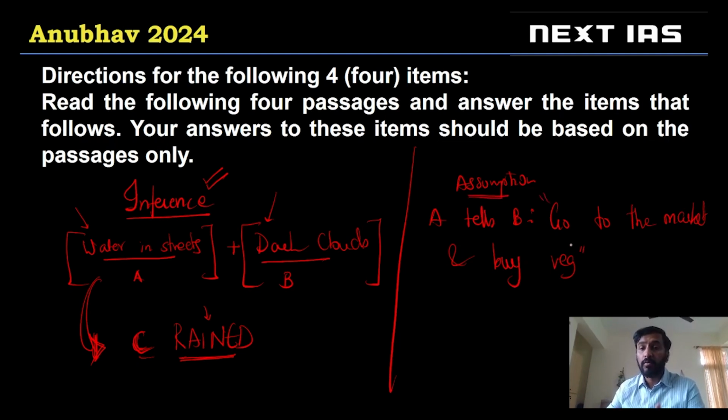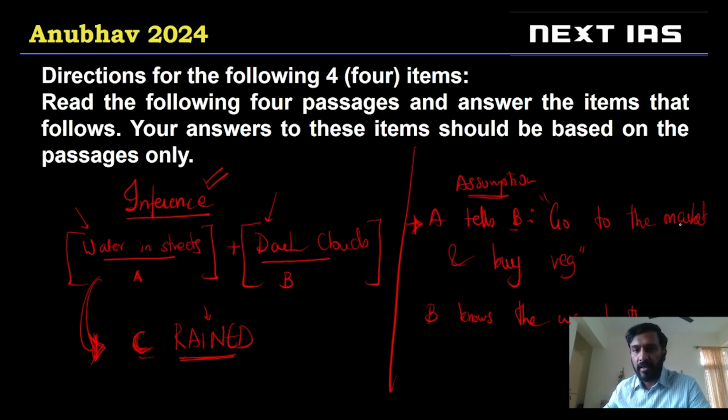So here a valid assumption would be B knows the way to the market, right? There could be multiple valid assumptions, but this is particularly a valid assumption because the